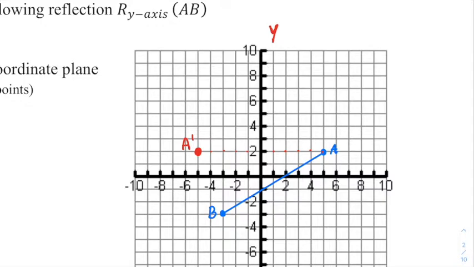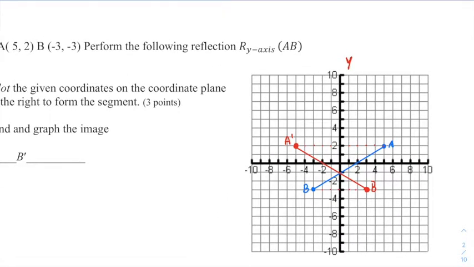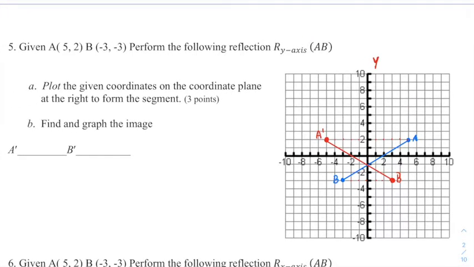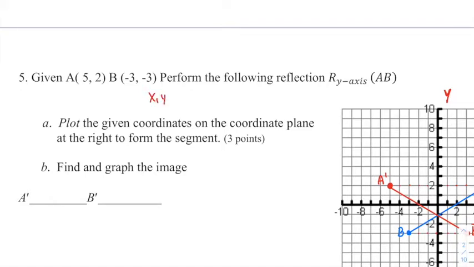Same thing with B. B is 3 away from the y-axis on the other side, so go to the opposite side, and there's your B prime. Then you can connect, and there's your segment there. And it looks like it's symmetrical across the y-axis. Now, another way you could do this, the y-axis rule says take your x comma y,